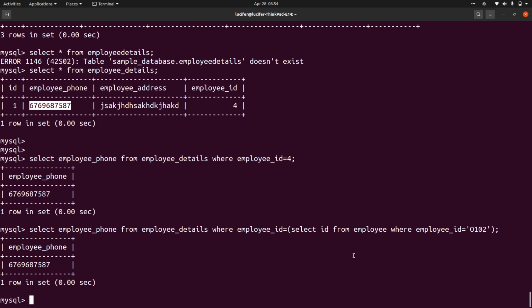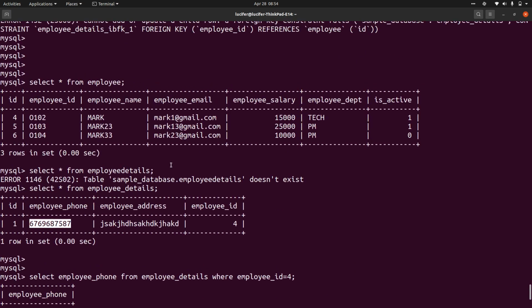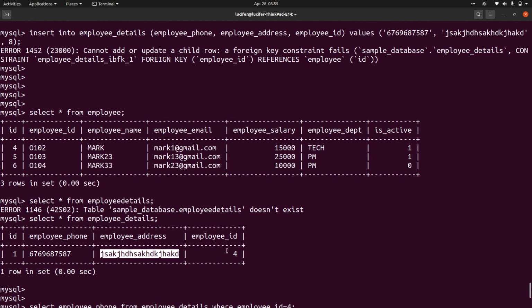Okay, this looks simple enough, right? You have some details in the employee table, and from that you are fetching this ID, and you are passing that ID into this table and fetching whatever details you want, employee phone or employee address, anything. So remember, because of the relationship only can we do this. Without any relationship you cannot do this. So always we have to create the relationship between two tables, maybe for customers or customer details like this. It can be anything.